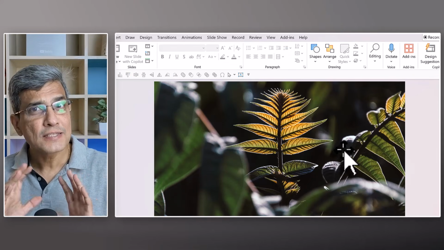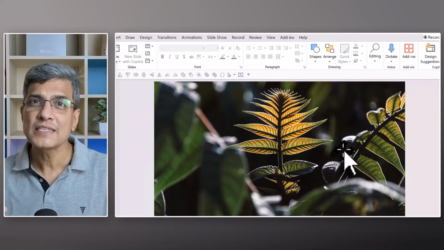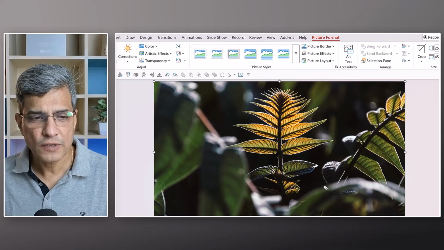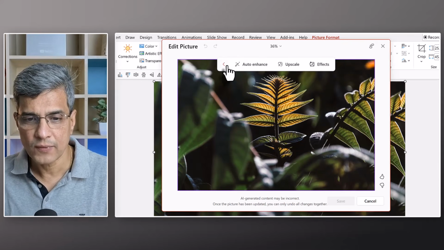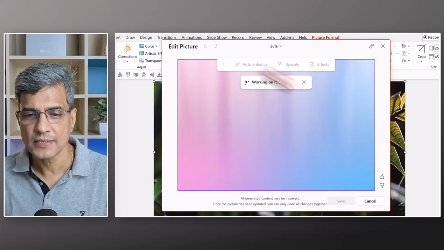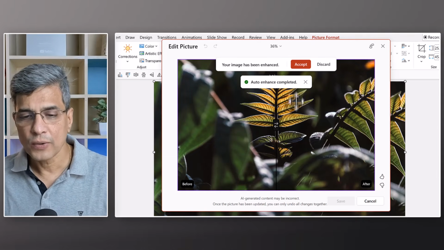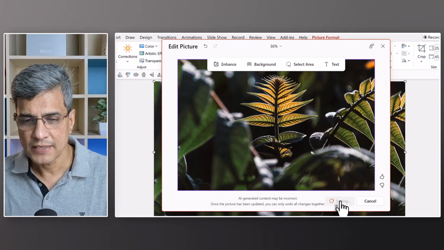You may not really see much of a difference when you apply auto enhance to a picture that already seems okay. In this case, I have got something decent. Let us go to picture format, edit picture, and let us see what auto enhance does here. When I go to enhance and I say auto enhance, it does it fairly quickly, says working on it. And this is the auto enhanced version. I'm going to close this and say accept and say save. You may not really see much of a difference in this case,